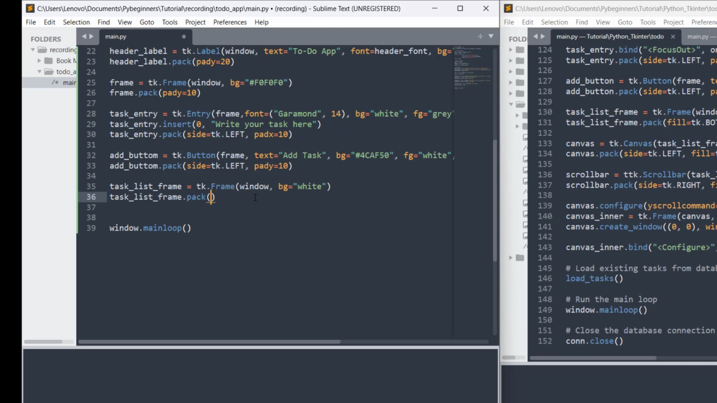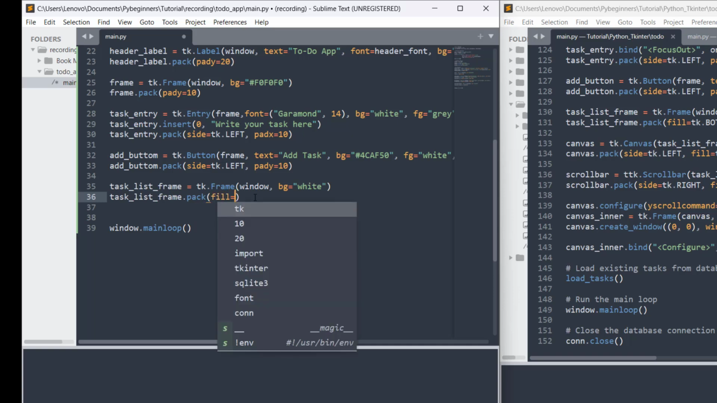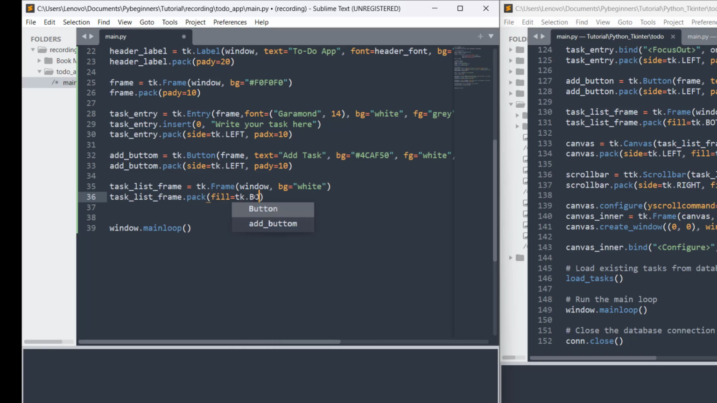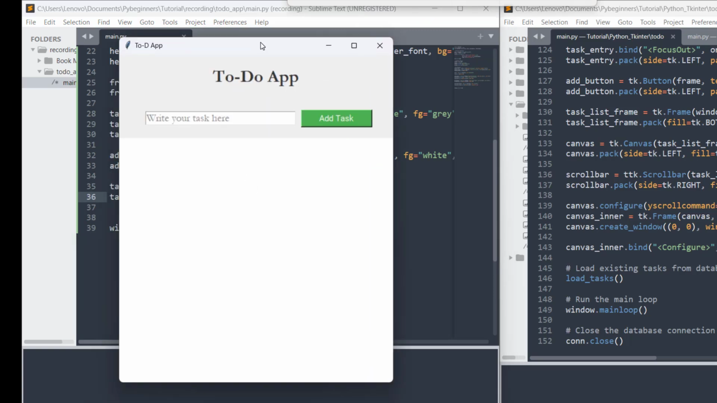Let's use fill, which will be equal to tk.BOTH, because we want it to be filled from both sides, comma, and let's use expand also. Expand will be equal to True, because we want it to expand from both sides, left and right. Save. If I run this, boom, now we have some change here. As you can see, this is the list box,